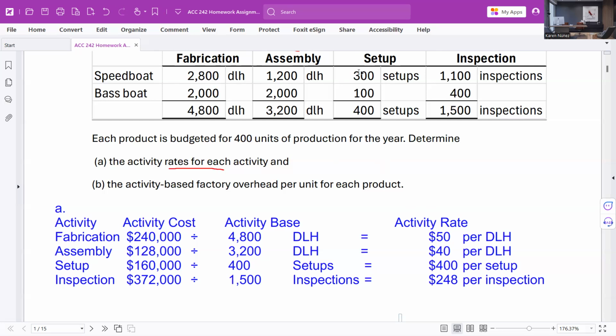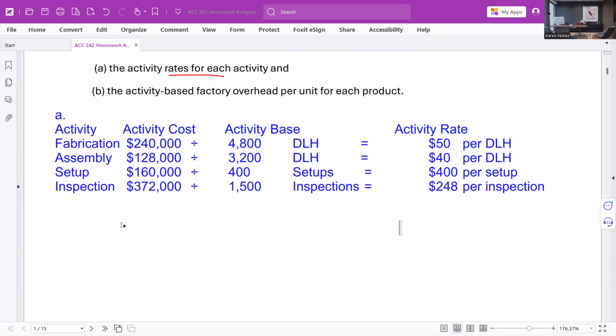The speedboat has 300 setups. The rate is $400 per setup. The speedboat has 1,100 inspections. The rate is $2,400. So to assign the overhead or allocate that overhead, we're just going to take the activity times the rate, right? The activity times the rate. So let me see if I can get that. So the speedboat, let's put that down here. The speedboat,